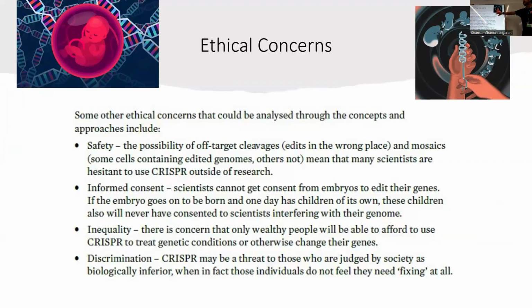So, some of the ethical concerns. Well, safety, obviously: the possibility of off-target cleavages, edits in the wrong place, and mosaics, some cells containing edited genomes, others not, means that many scientists hesitate to use CRISPR outside of research. So there's two things that can happen, right? One is that the edits can happen at the wrong place because DNA sequence is so long that there will be, by random chance,